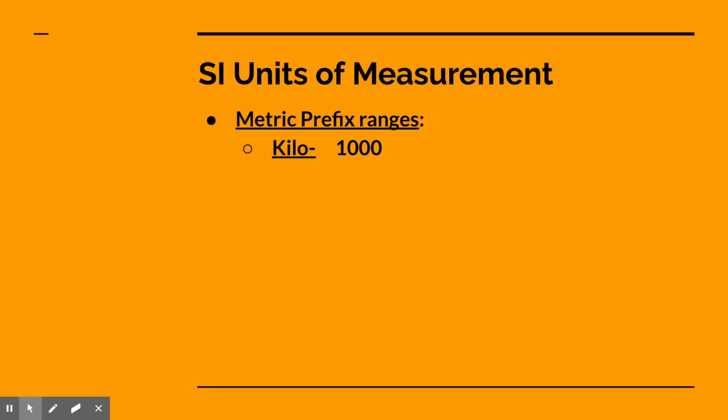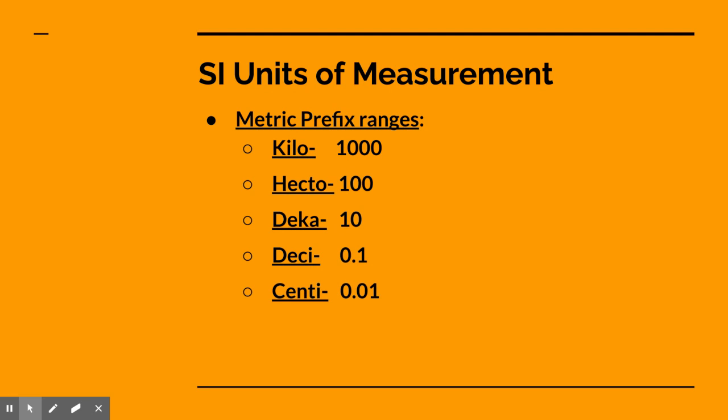Okay, I guess it's in the next few slides. My apologies. So here are our metric prefix ranges. Kilo is within the 1,000 range. Hecto is in our 100 value range. Deca is 10. And then we skip our basic unit, and then we go down to deci, which is a